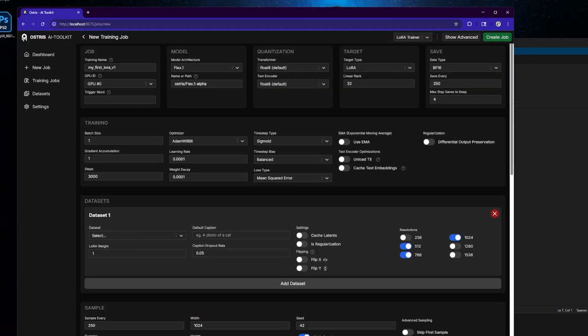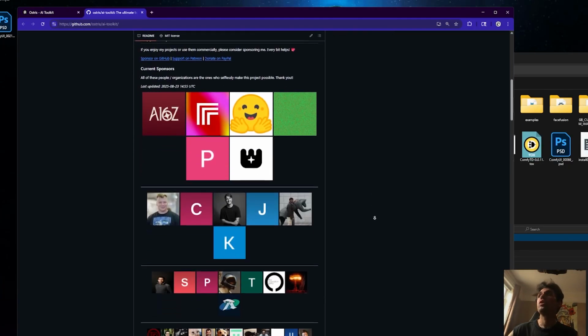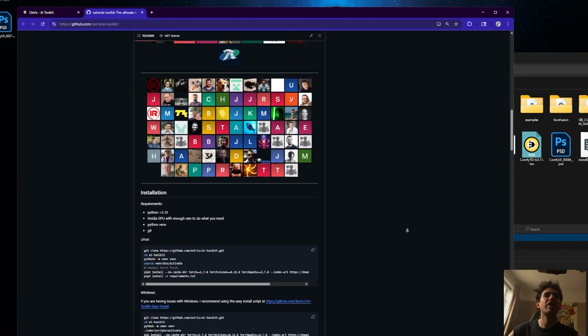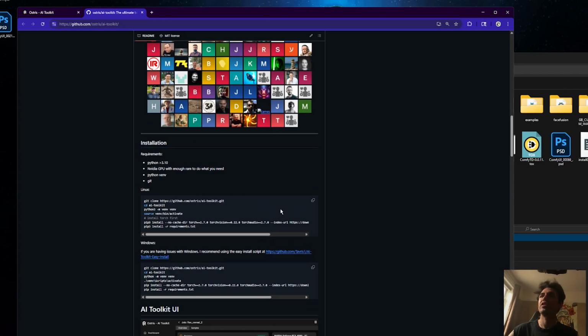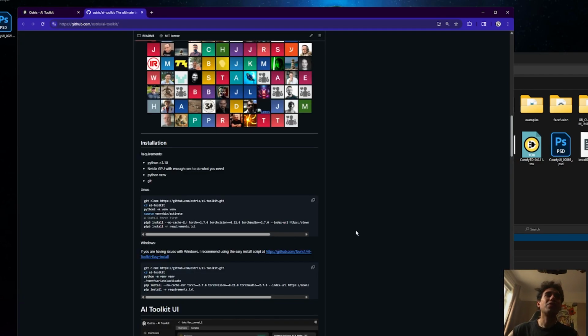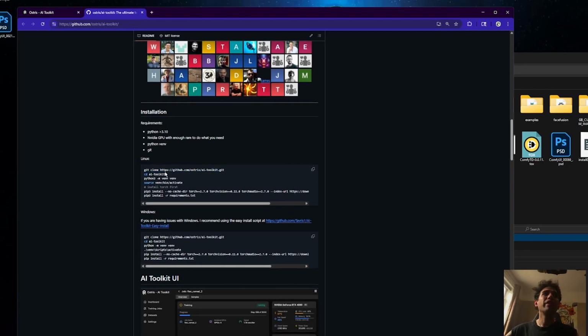Yeah, sick. Still works. So we're just going to go over what the actual GitHub is for the installation for training, for installing the AI Toolkit, this. And then we'll go over what I did. So you're git cloning the repository, you're CDing into that folder, you're then creating an environment, you're activating the environment, you install